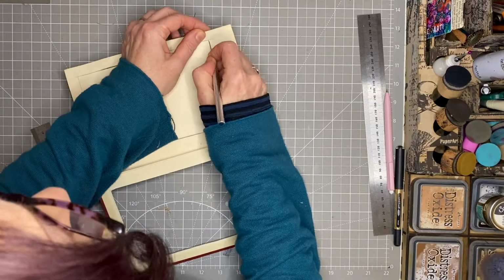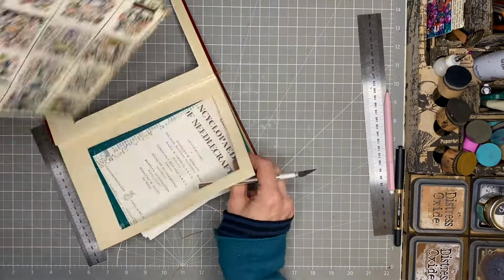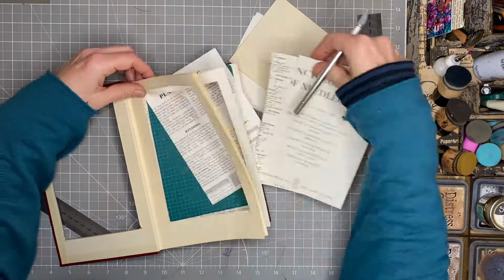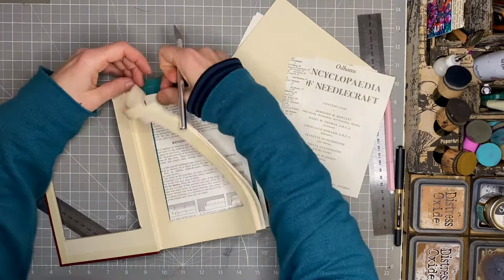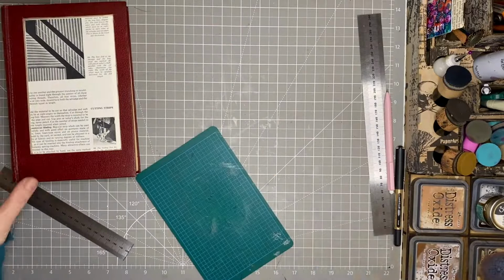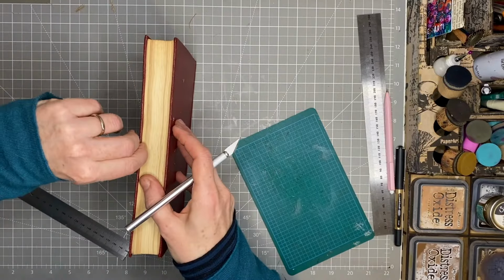And again, I went through about 5 or 6 scalpel blades doing this because that's a whole book that we want to cut the pages out. So yeah, choosing about 10 pages at a time, putting those to the side, might use those somewhere else, and then taking the next 10 pages,